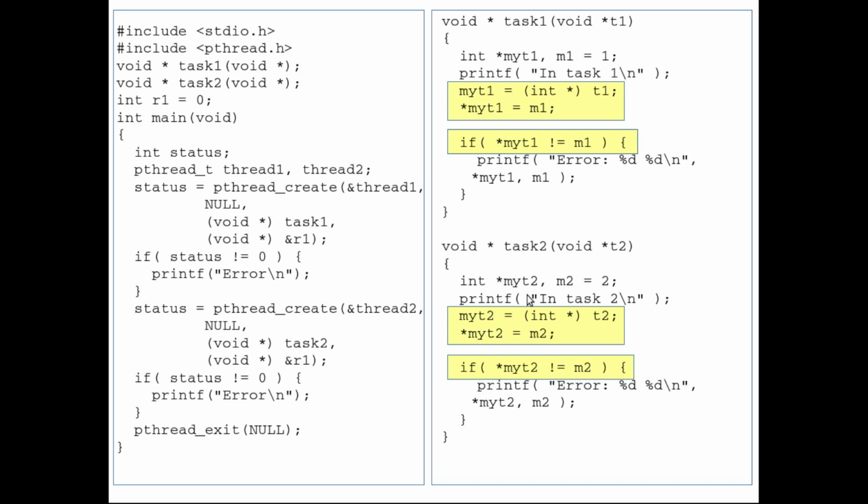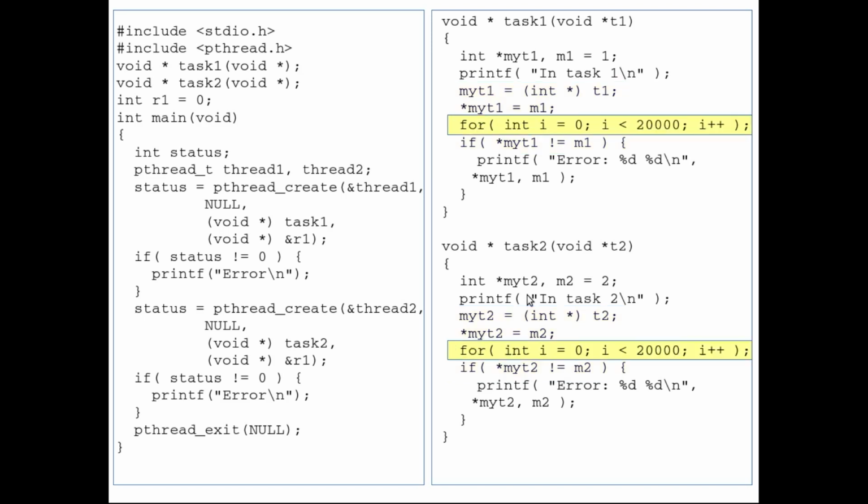So for us to be able to reproduce this error easily, we will introduce some delay between the assignment statement and the if statement for both the threads. To introduce the delay, we are just writing a for loop which does nothing. It just keeps looping